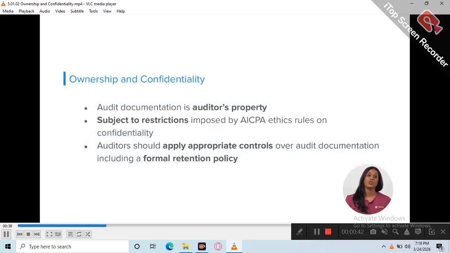You've previously learned about audit documentation and work papers. The work papers are the property of the audit organization. Able to share the work with our